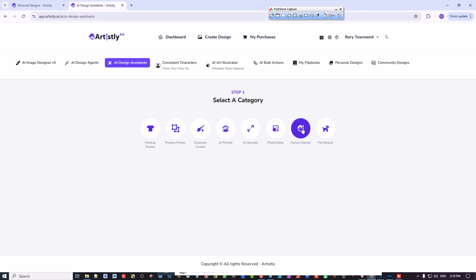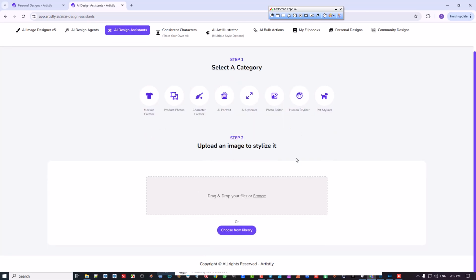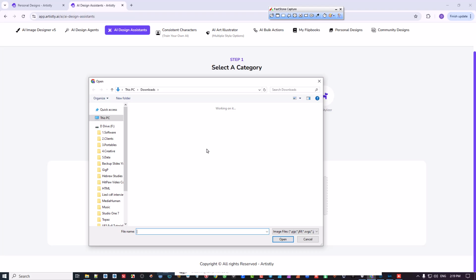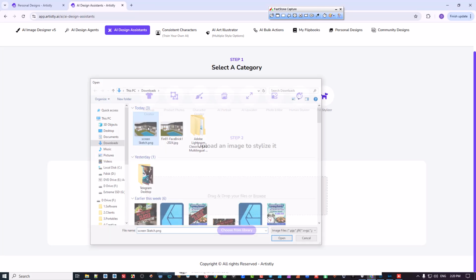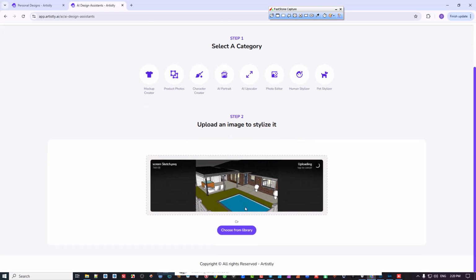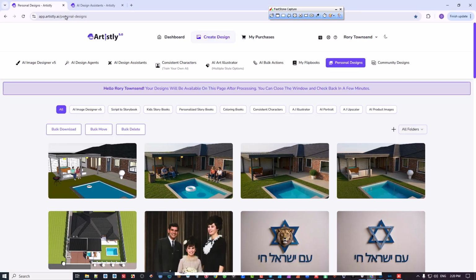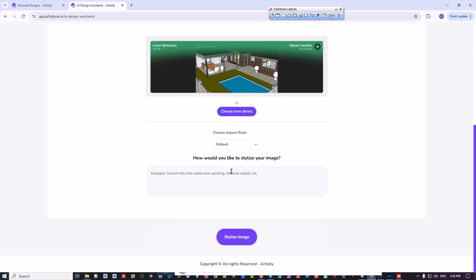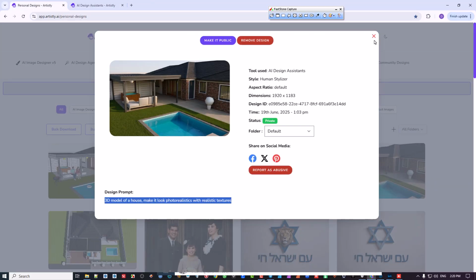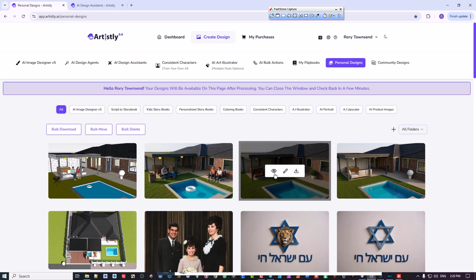Okay, so I'm going to go to human stylizer and I'm going to load that picture that I just took. Let me see, I think that was the screen grab. So I have some prompts that I put together already and generated some stuff here, so I'm not going to reinvent the wheel. I'm going to go like 3D model house, make it look photorealistic. Okay, keep the prompts basic. So I'm going to put that in there, and then I think I gave, let's see what this prompt was